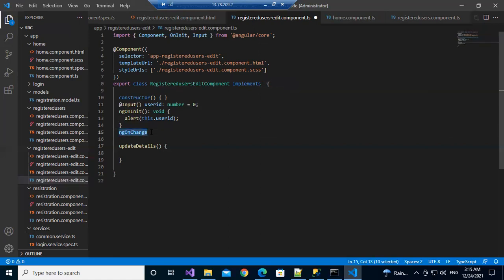No, not this one. Implement on, wait a second.